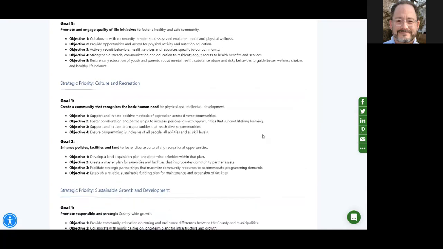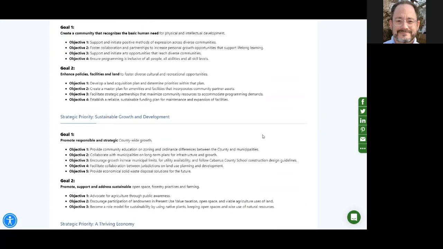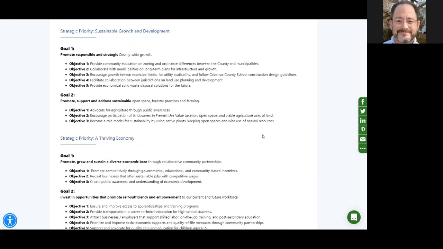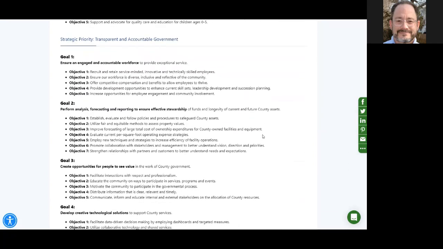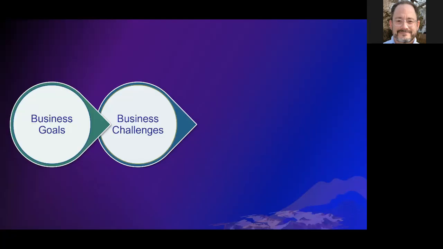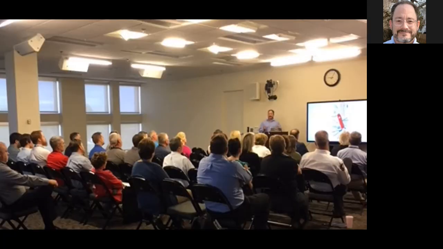What you then want to do really is talk to the people that are in charge of each of those goals. So figure out who's assigned each of those goals and objectives, because the next part that we need to talk about is the challenges. What are the challenges that they've identified to meeting those goals and objectives and achieving their mission and their vision?